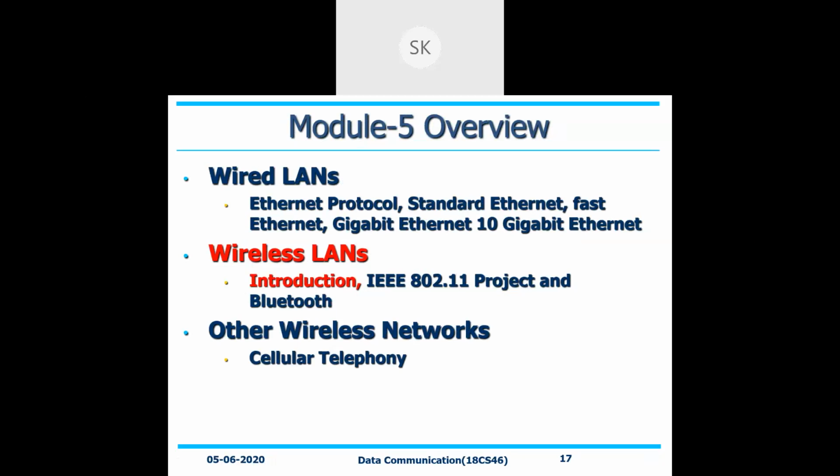LAN. What is this wired LAN all about? We have seen Ethernet protocol. So standard Ethernet, fast Ethernet, Ethernet protocol in that MAC layer plays a vital role. Preamble, SFD, we have seen it, right? Destination address, source address, followed by data, followed by your checksum, that is CRC, will be there. So all these play a vital role with respect to your Ethernet protocol. Once you have done that, the next one is your standard Ethernet. Under that, the minimum it will be starting with 10 Mbps of data that gets transmitted.